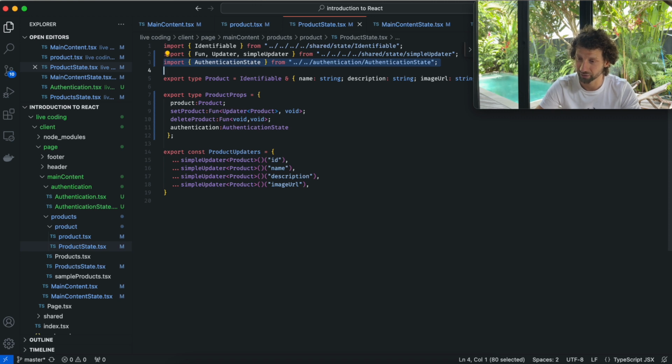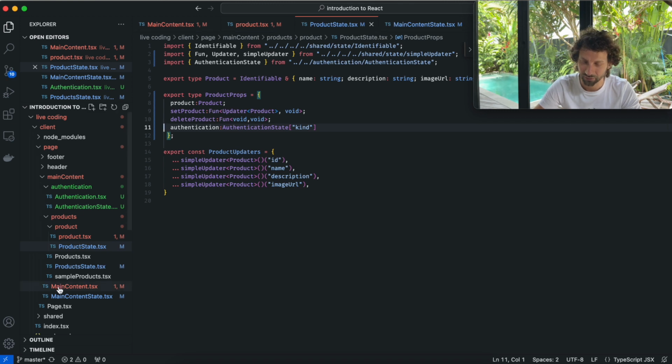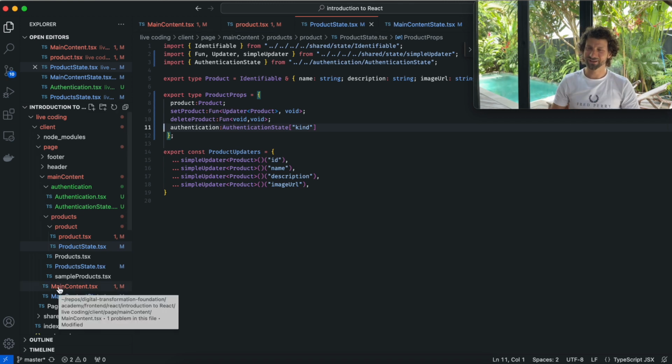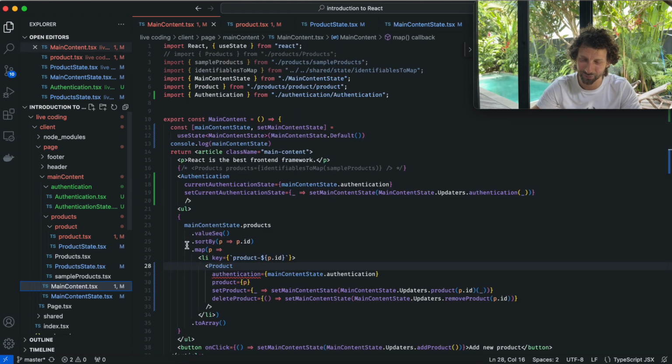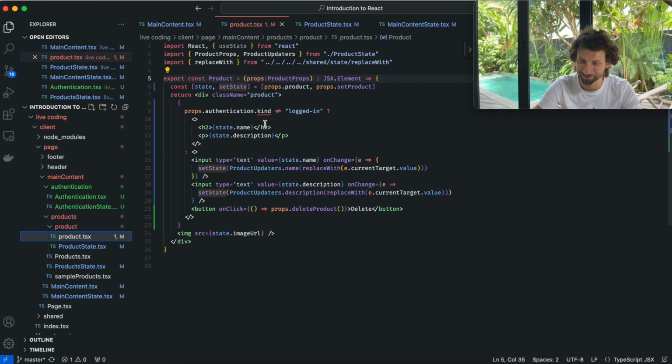and the product widget, because this might cause some extra re-renders because there is too much data coming in. What I can do though is I can simply pass the kind of the authentication. Now you can see immediately that because this is very well statically typed, that obviously plenty of things complain. The first is this, because we don't need to pass the whole authentication state, but just the kind. Because that's really the only thing the product widget cares about, and now I don't have to do the lookup